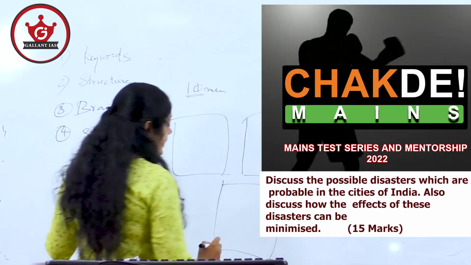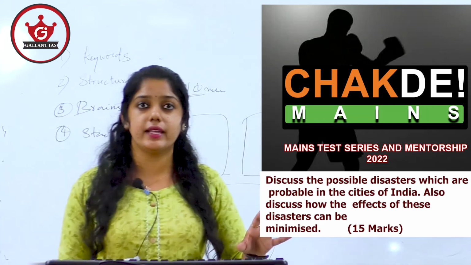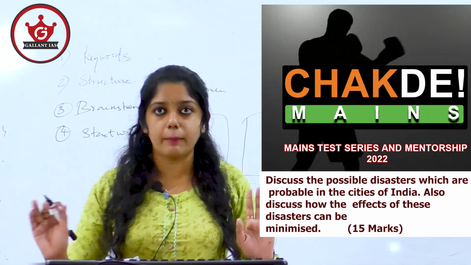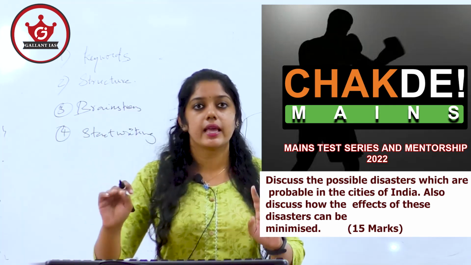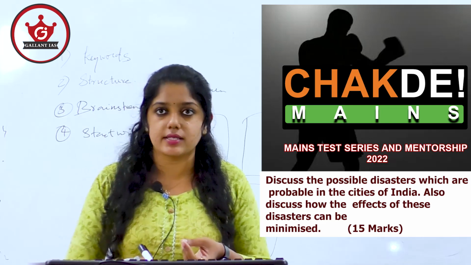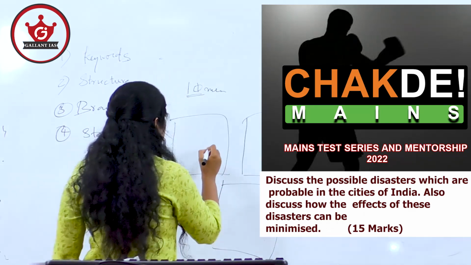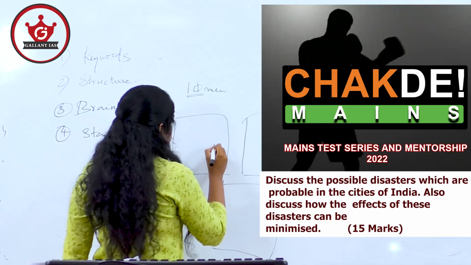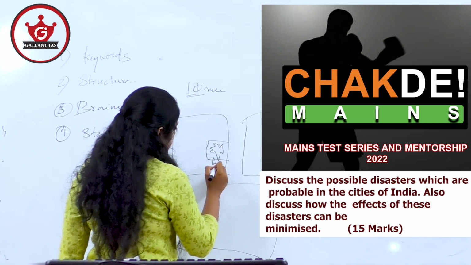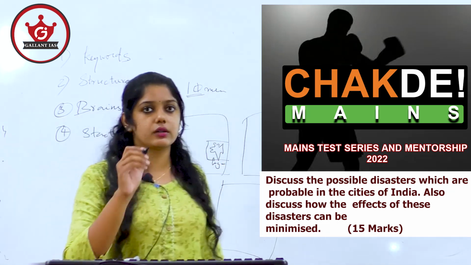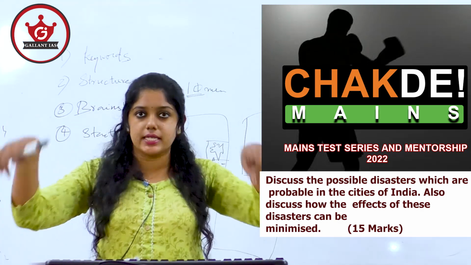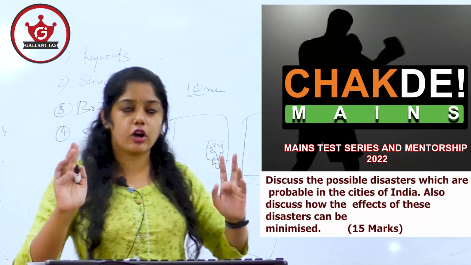In this question, in my opinion, if you draw a map of India, it will be an excellent answer. You can draw a map of India, show the urban cities and the issues faced by these urban cities, whether it is drought or floods. If you can show it in a map of India, the answer will be very enriching. If you draw a map, make sure that it is boxed and the figure number is also given. Drawing a map, figure, anything you can do, but you have to box it and number the map or figure.